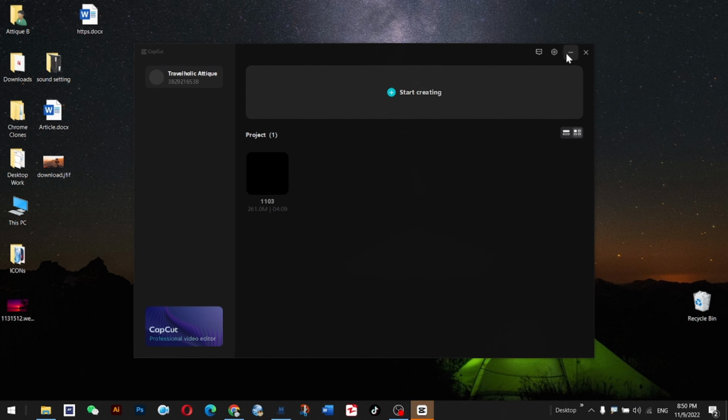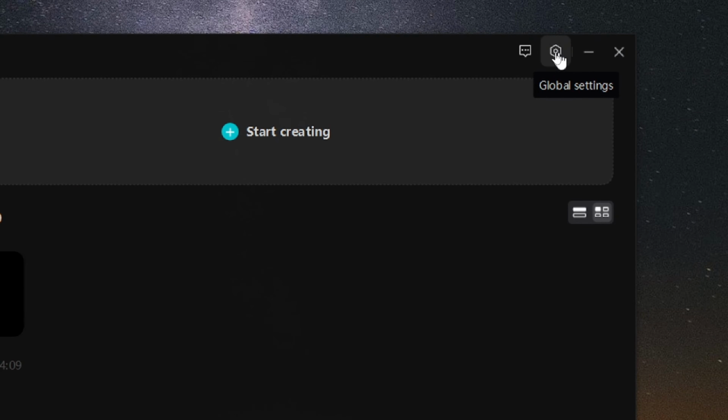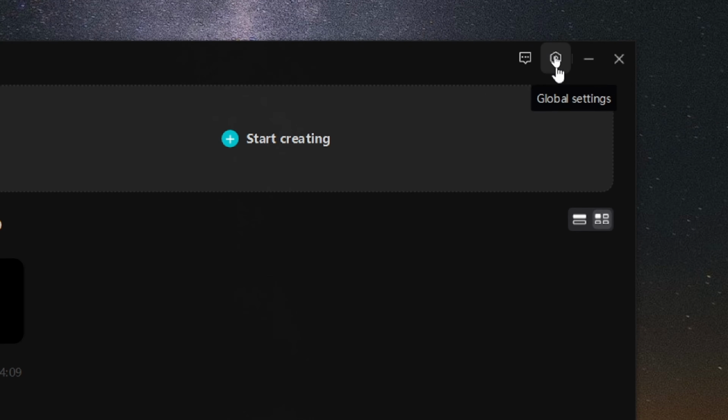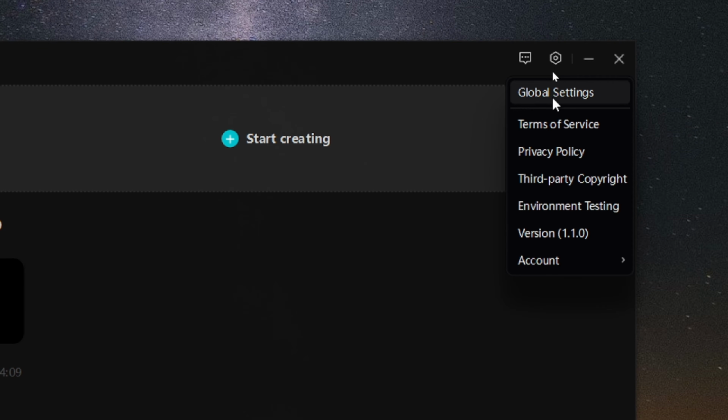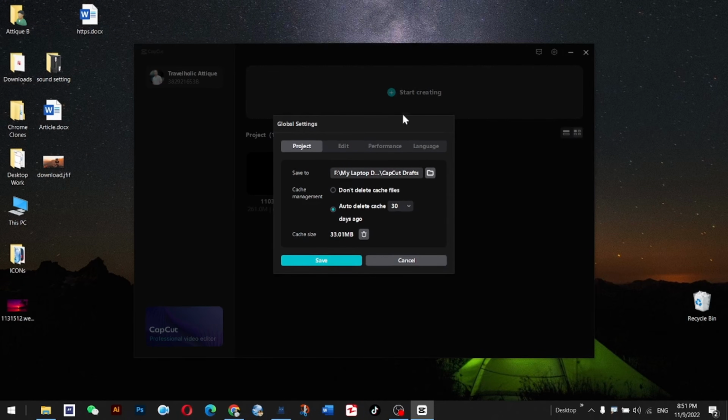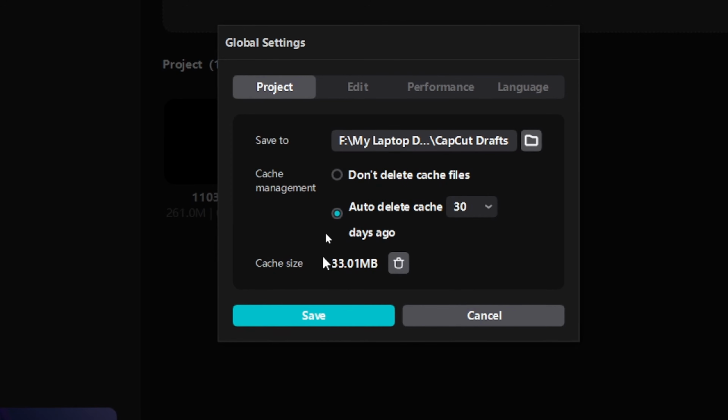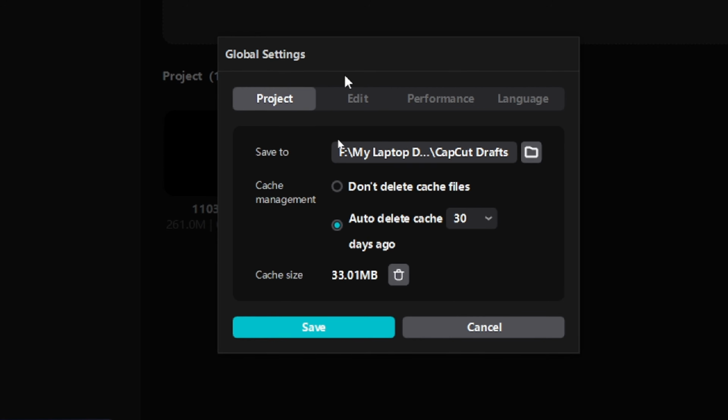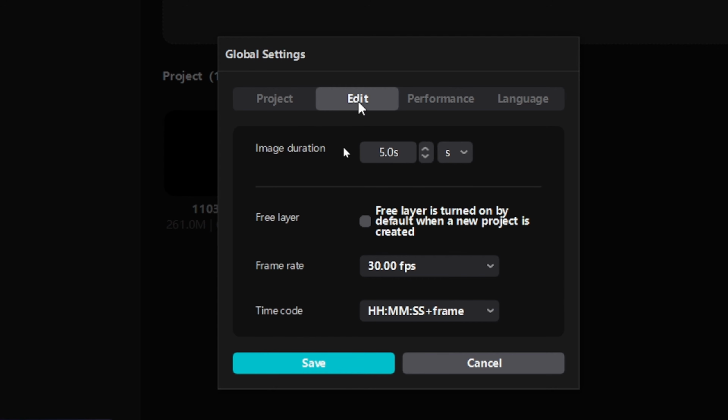As you can see here, I'm going to go to this setting, this little global setting. In global setting you can go to this place, and here you can see this edit section. Go to edit section, and here you can see the image duration. This image duration is right now 5 seconds, and I can reduce it